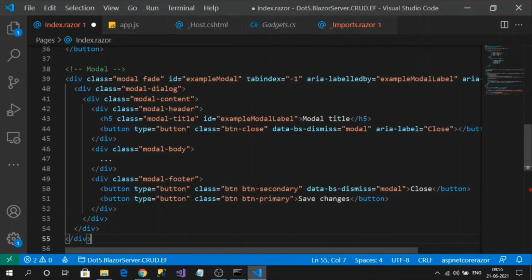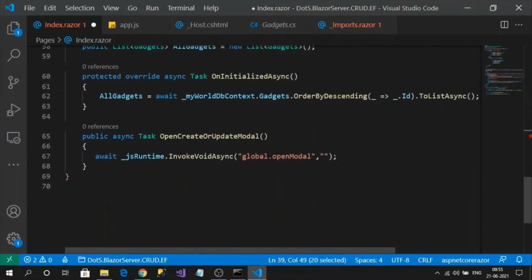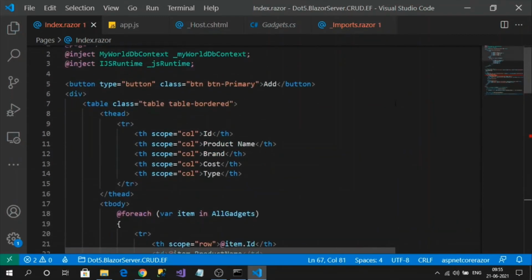From here, I want to name my Bootstrap modal. So the ID is createOrUpdateModal. This ID value must be passed here. Now let's register the click event on the button.